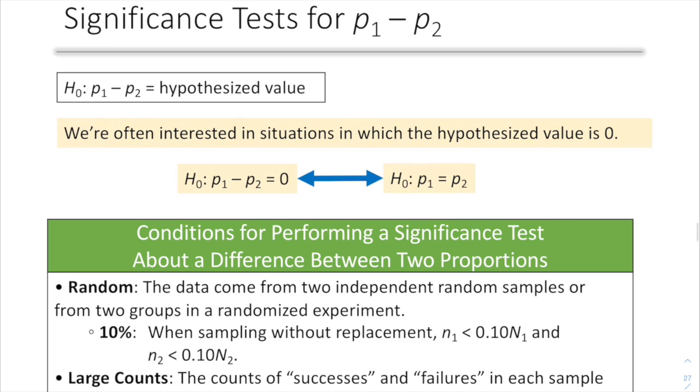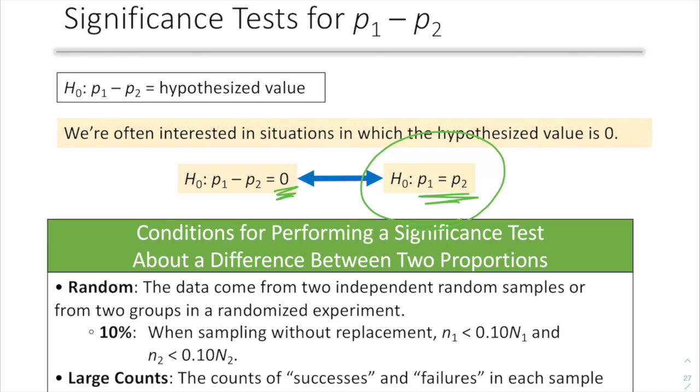So now, significance tests. Same idea. Things haven't changed too much. It's just the combining of them. In our claim for two groups, we're going to claim that there is no difference. So p1 minus p2 is 0. Another way to look at that is p1 is equal to p2. I suggest writing p1 is equal to p2, because when you're using your calculator